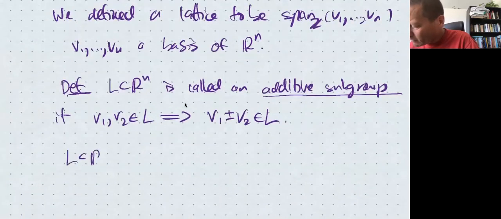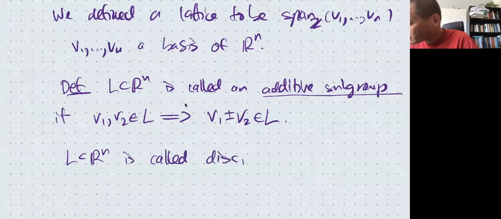L in Rn, any subset of Rn, is called discrete if for any l in L there exists R positive